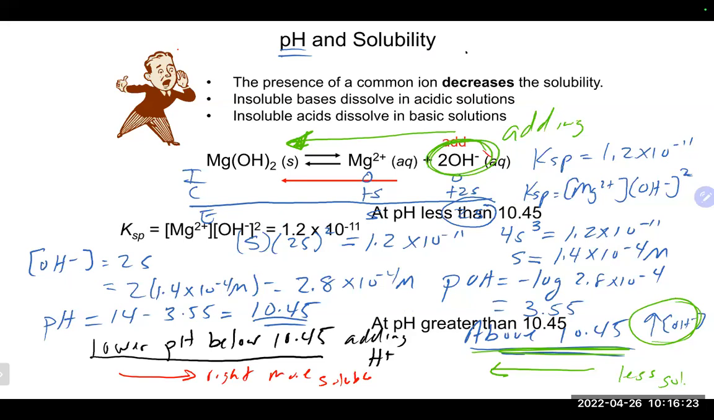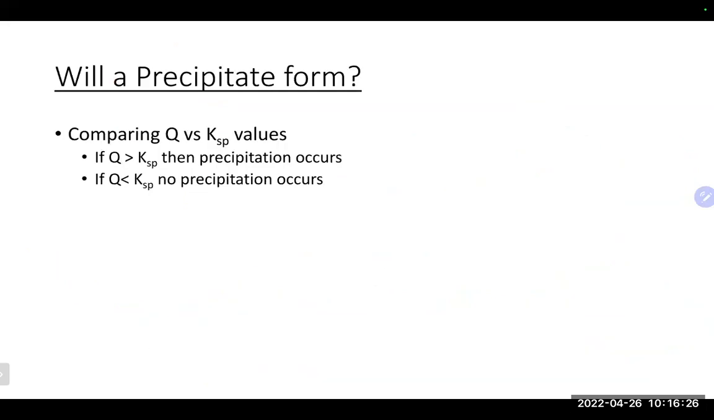At least they agree with my pH. That's good. All right. Now, we could also look at the Q, as we talked about at the beginning of